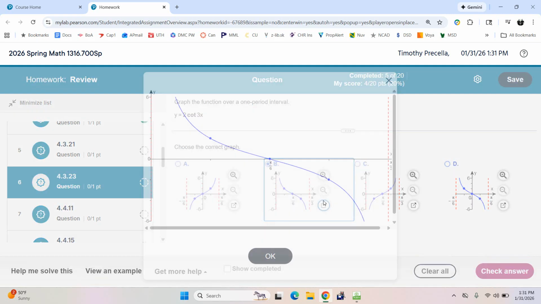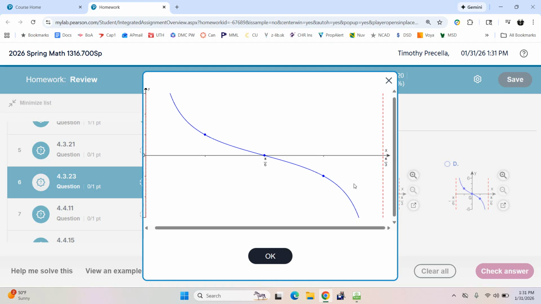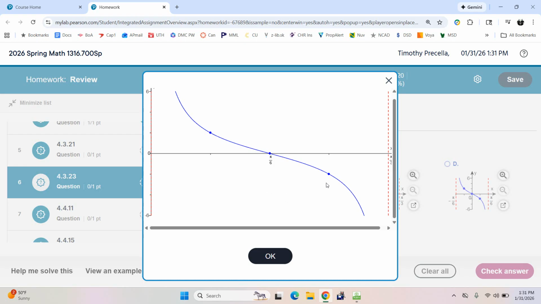See, what about this one? Is that it? 0 to pi over 3. Oh, pi over 6. They're labeling the number right in the middle. Okay. Half of pi over 3 would be pi over 6. And does it look like it's down at a 2? Well,